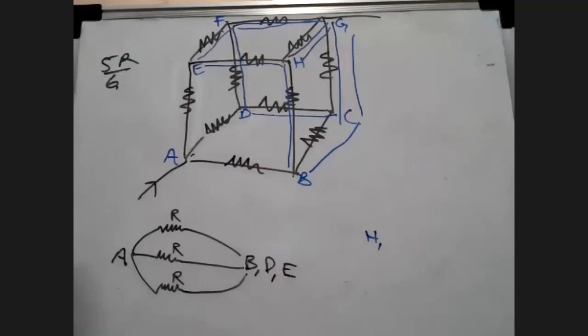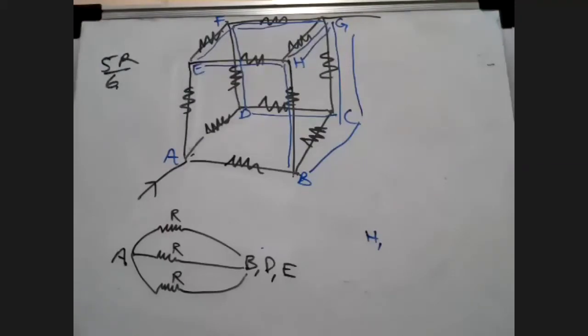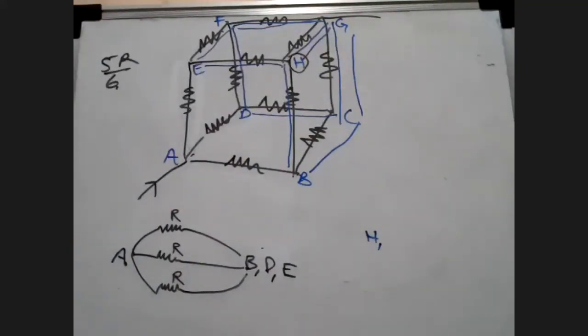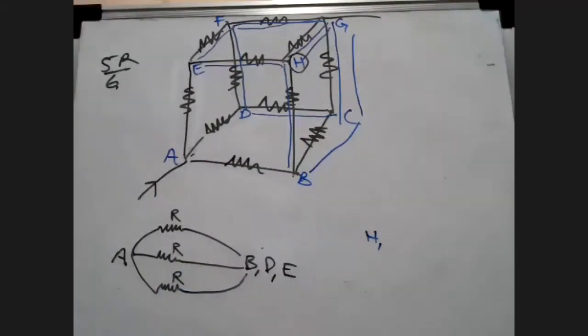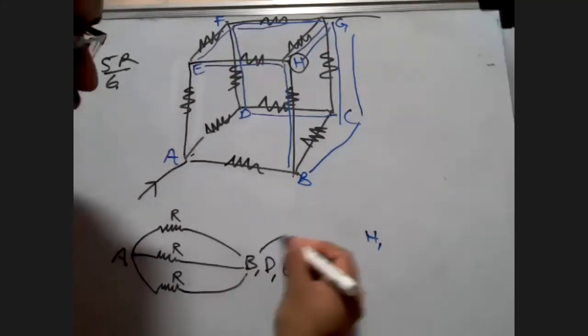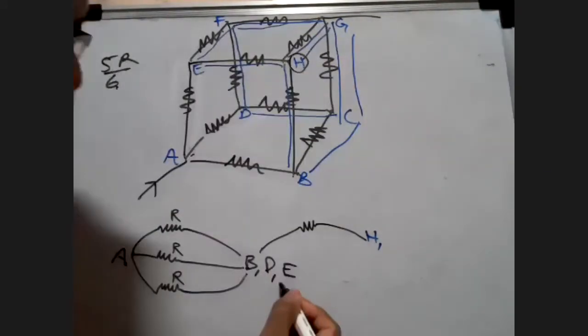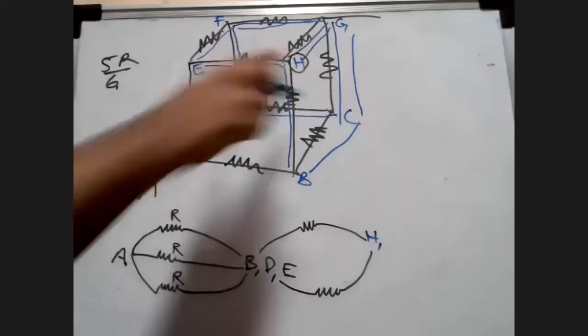So I can say that from E, look here, carefully look. It is going to be a little bit trickier. At this H right here, there is a path which I can take from B to reach H, and there is a path from E also which I can take to reach H. Yes or no? So I can write that from B there is one resistor to H, and from E also there is a resistor to H. Now we have already finished with H.